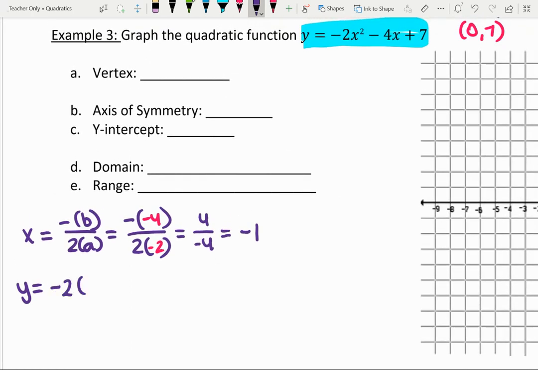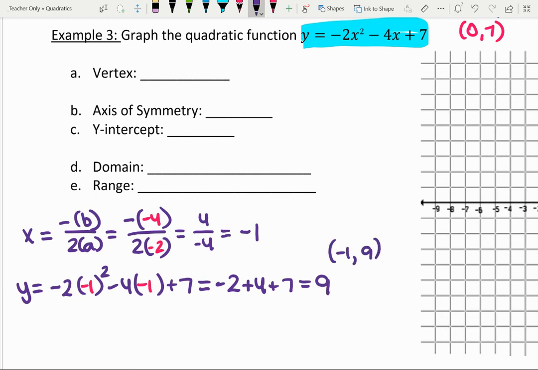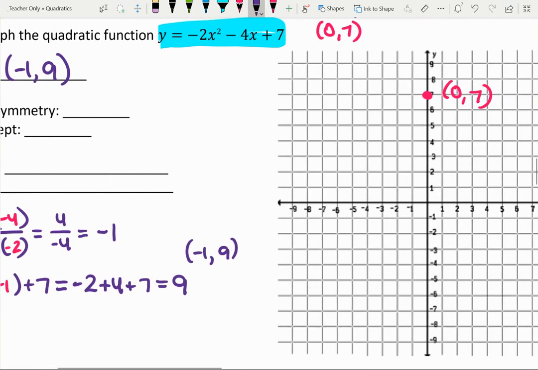Now we just need our y value. So negative 2 times (-1) squared minus 4 times (-1) plus 7. Come on, plus 7. And so we can evaluate that, and we will get negative 2 plus 4 plus 7, which is 9. So we get the coordinate point (-1, 9). Let's just write that up here. Makes a little bit more sense. (-1, 9) is my vertex,